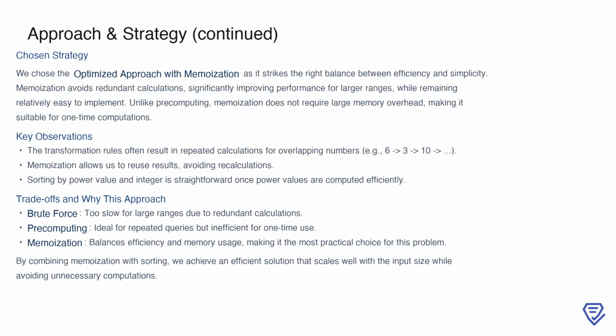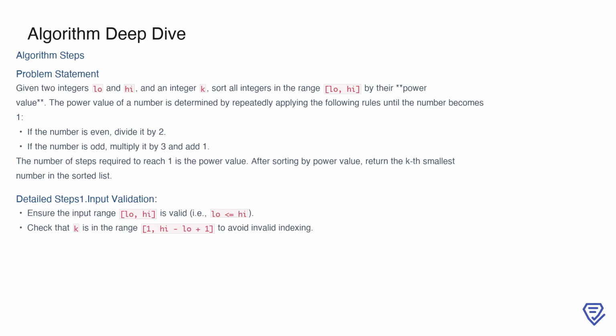While brute force is too slow for larger inputs due to repeated calculations, and pre-computing is overkill for a single query, memoization provides the right balance. It's efficient, scales well with input size, and avoids unnecessary memory overhead, making it the most practical choice for this problem. To solve this problem, we need to sort integers in the range [low, high] based on their power values